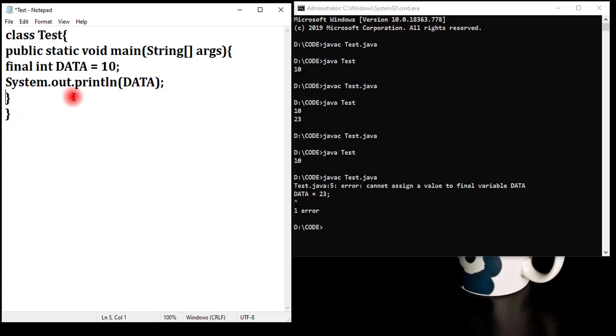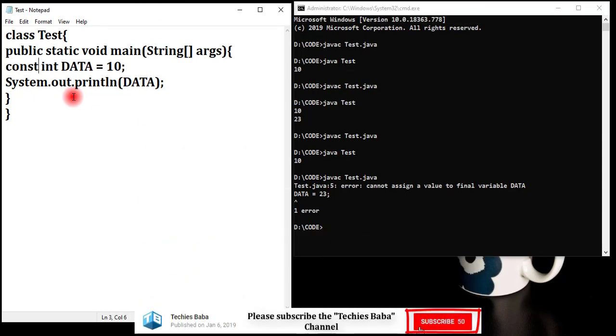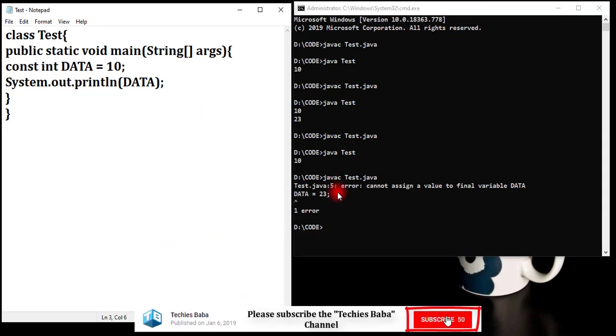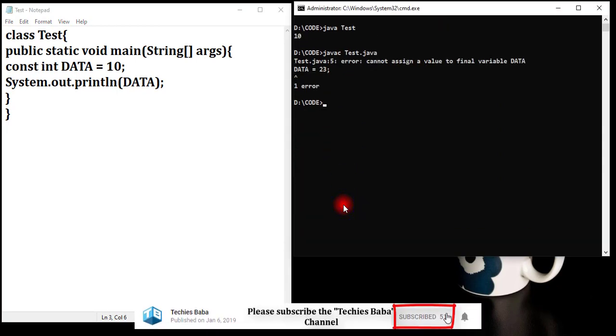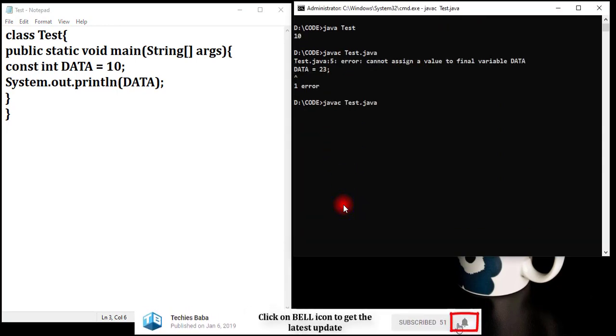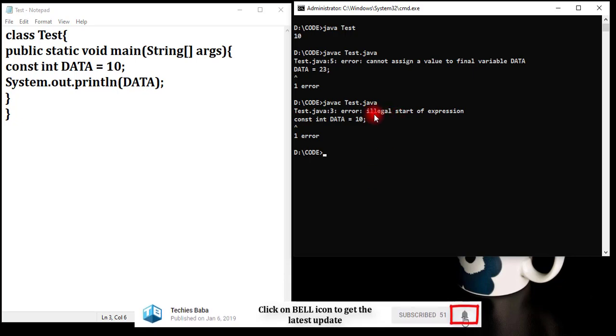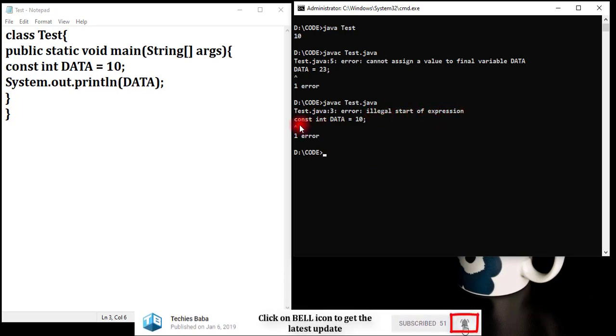Let's try the const keyword. Can we use const? I'm trying the const keyword to define a constant in a Java application. So I'm trying to compile this. It is saying illegal start of expression.